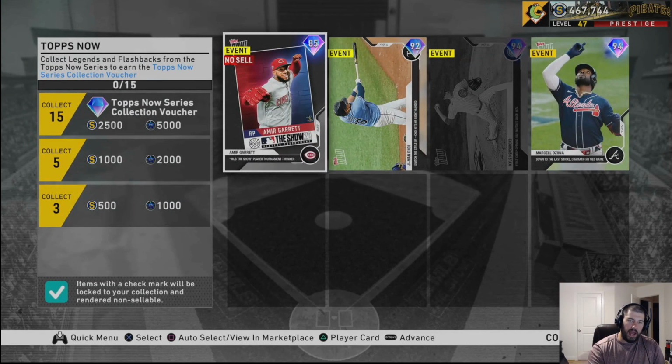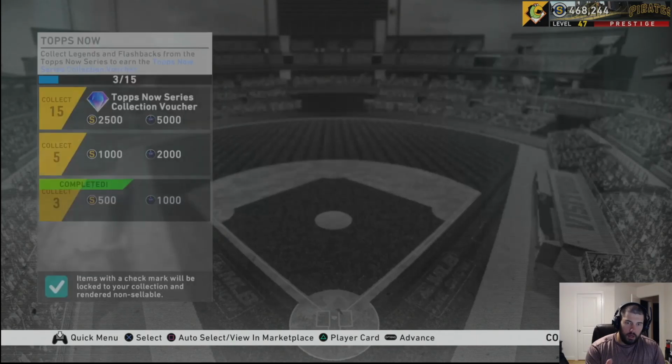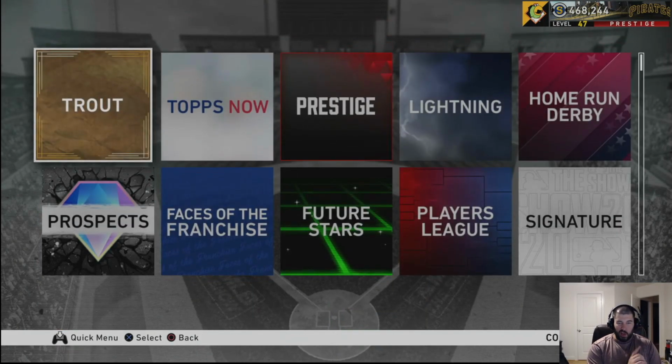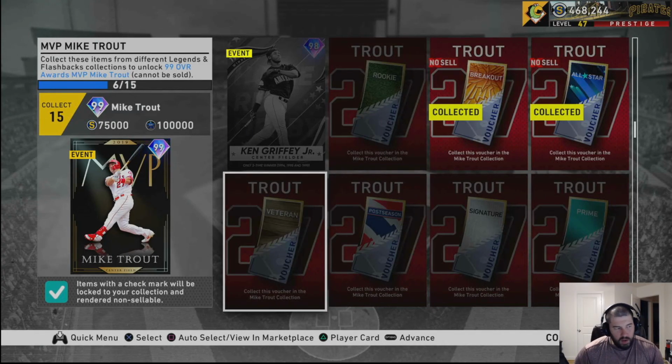You should have already had the Amir Garrett, which is a free one. They gave you 2 other free ones. So that actually gives you 3 of the 15 cards that you'll need. So this might be something to wait for if you're like 1 collection short. Don't jump in there and waste all your money on Home Run Ken Griffey or whatever else. Just be patient. If you don't have a bunch of stubs, honestly, the Mike Trout doesn't need to be had